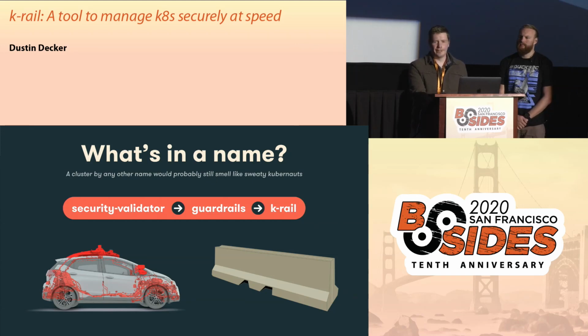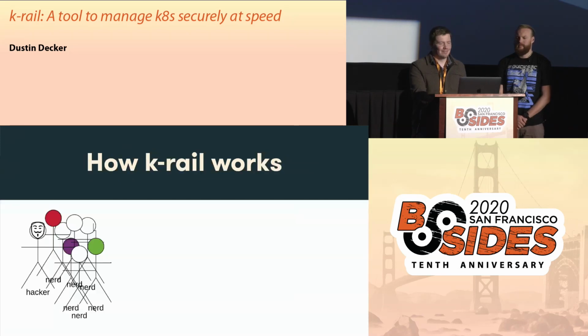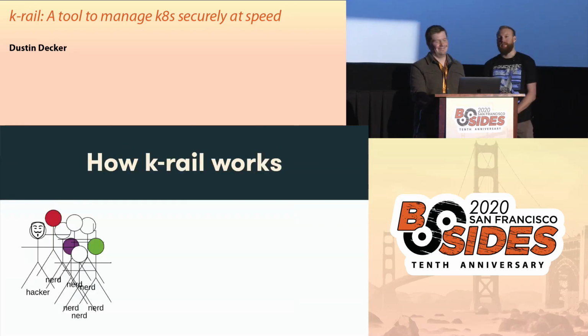But first, how did we decide the name? Internally, we called it Security Validator, which was descriptive because it uses the validation webhook in Kubernetes, but is too vanilla, and we wanted to use a car pun. So we went to guardrails, but that was taken in several ways by existing security tooling and also a security company. Then we settled on KREL, which is another car pun, and they're also known as Jersey barriers, which are a divider for traffic used in the States. And it has K, which loosely ties to Kubernetes. That is the closest we'll get to a dad joke in this talk as well.